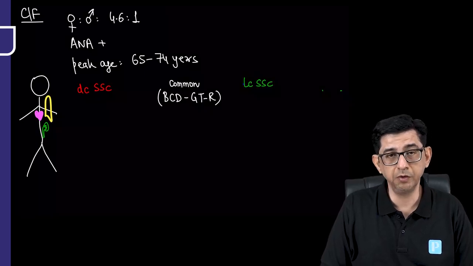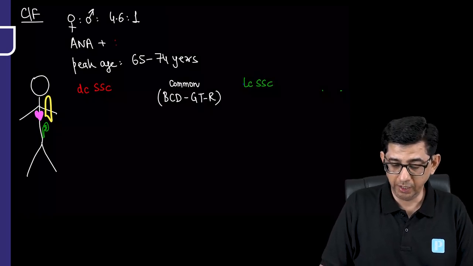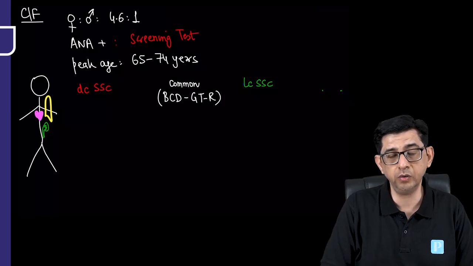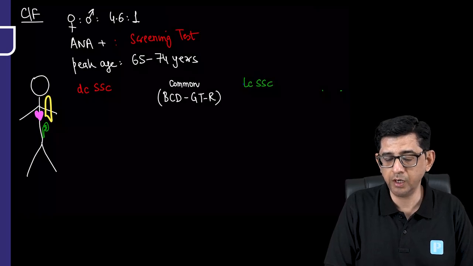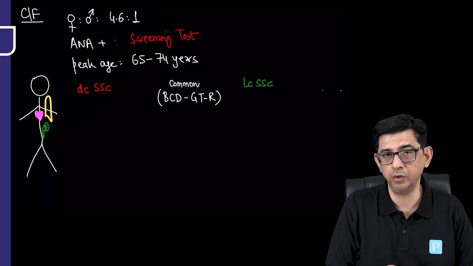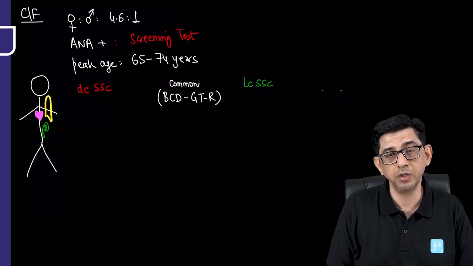The question will describe a female patient and then will say anti-nuclear antibody positive. Now, anti-nuclear antibody is positive in SLE, that is okay, but this test is a screening test for even scleroderma. A lot of guys, when they start reading this question, female anti-nuclear antibody positive, get a bias in their mind that the question is talking about only SLE. No, guys, you need to get out of the bias, because the features that I'll be describing to you subsequently